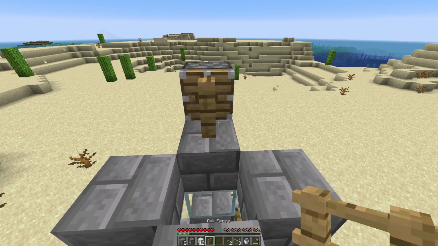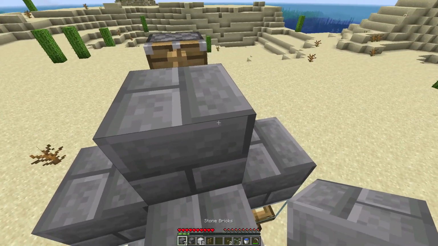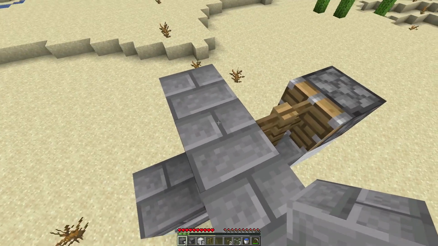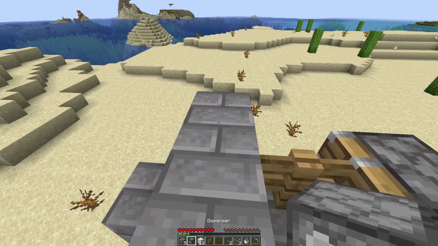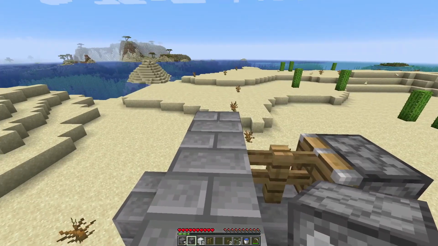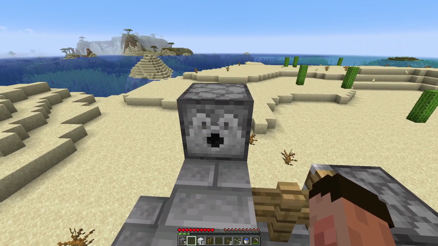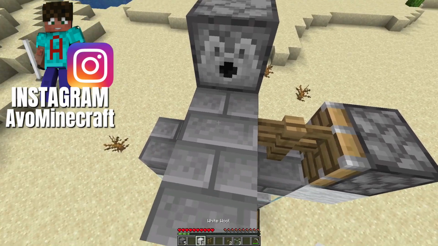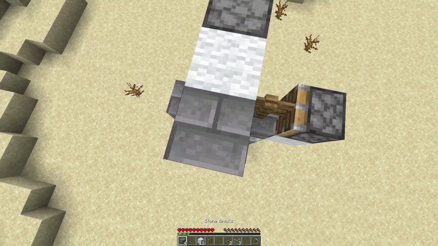Place a fence on that and another block onto that. Put a block there and a block there. Do not put a block right there though, however. Then grab your dispenser and using shift click so you don't fall off the back, place the dispenser facing in towards this block. Pop a water bucket inside, a temporary block there, and grab your other blocks there,